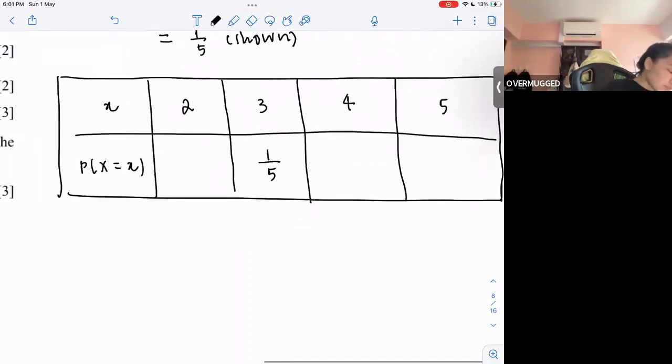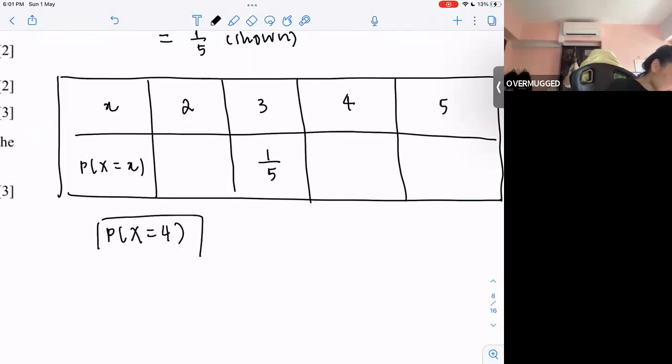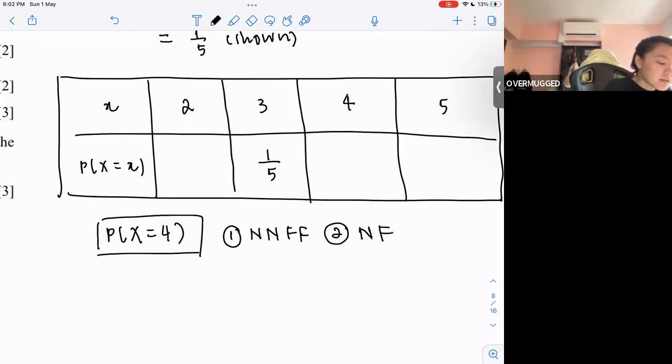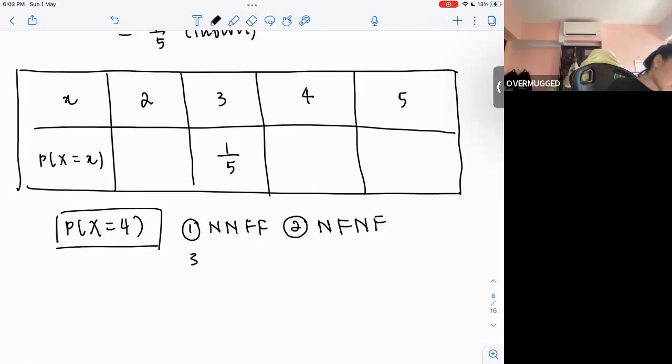Okay, so for the probability that x is equal to 4, what are the possible outcomes? Number 1 is, let's say we have not 40, then 40, 40, so only at the end do I find my 2 40 components. The other one is what? I find not 40 first, then 40, but then I find not 40 again, then I find my 40. Another one is you start with 40, and then you find not 40, and then another not 40 and a 40 over here.